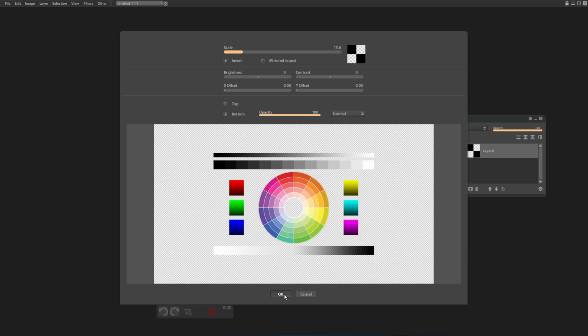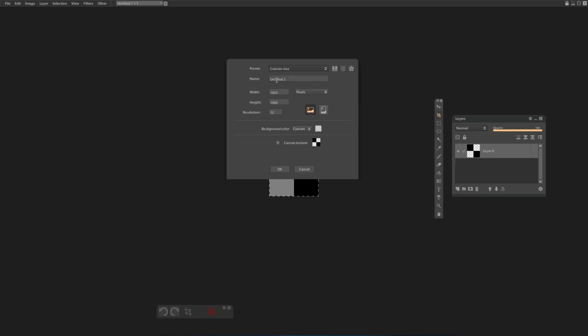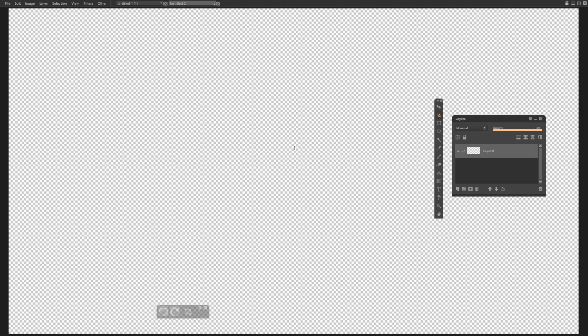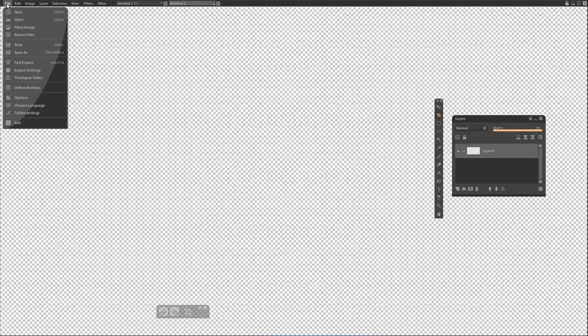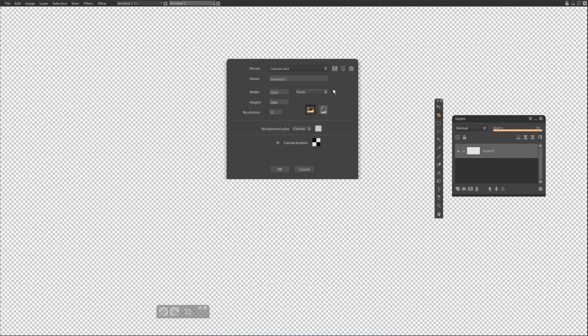So that's it. For full HD resolution it will look the same way as in Photoshop. But for bigger resolution you will need an increased scale. And as a final stroke, you only need to save it as a new preset. Or if you prefer to always have it, press the star button to save it by default.